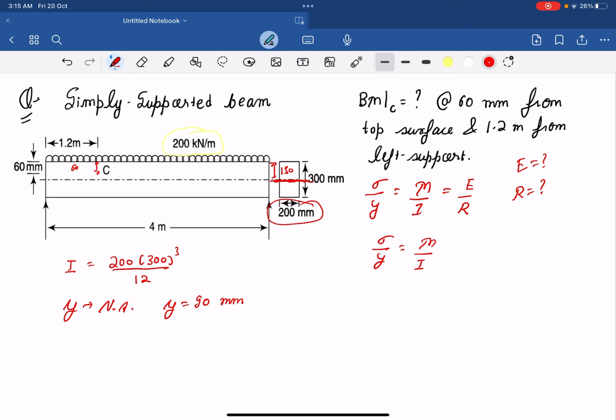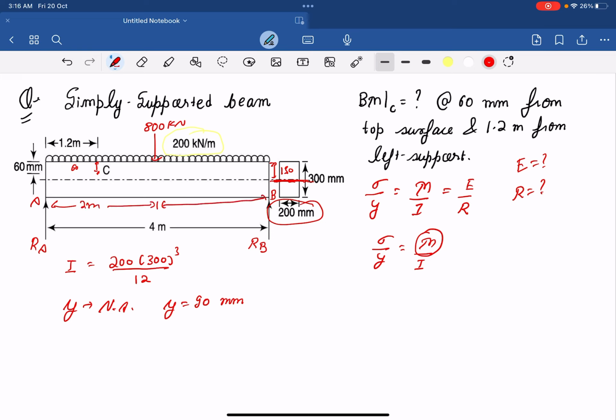Now if I calculate M, for calculating M, first I have to calculate the reactions. Let's suppose this support is A, and this support is B, correct? So it will be RA and RB. If you look into this diagram, it's a symmetrical loading, and 200 kilonewton per meter is acting as a uniformly distributed load on the distance of 4 meter, then total load is 800 kilonewton, and it will be acting at the midspan of the whole length, that is at 2 meter,